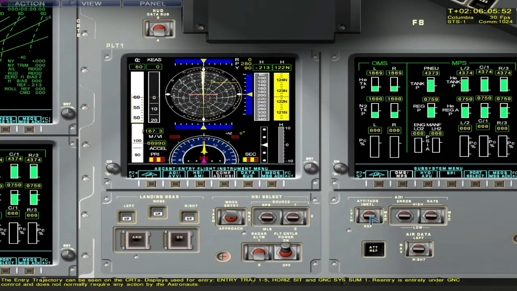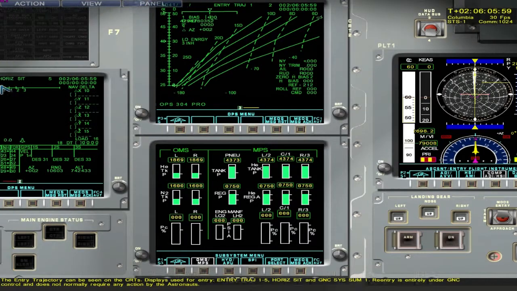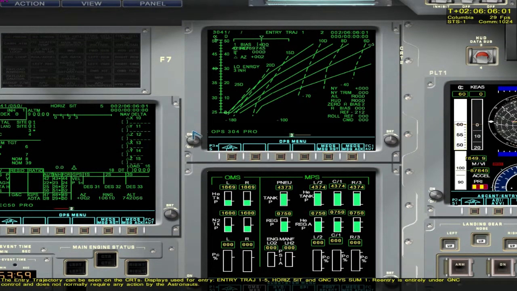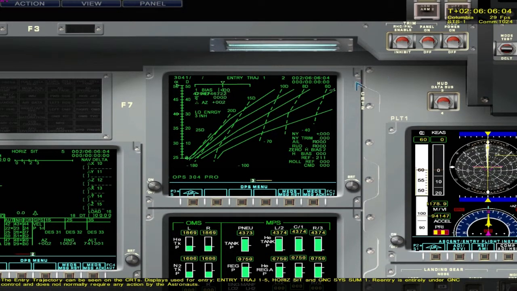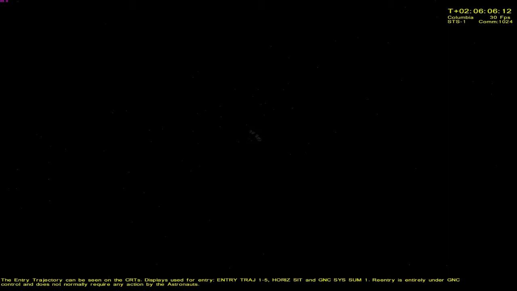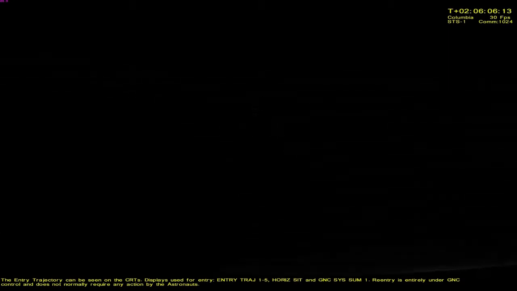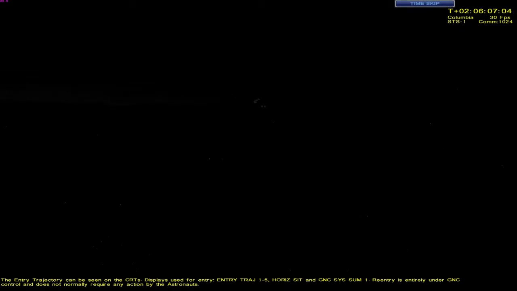Now what? Oh, right. We're now doing entry. So this is the entry trajectory. So let's look at this from the outside. So this is the shuttle, and it's gonna enter like this, and we need to keep it in this. Okay, it's dark, of course. Where's the Earth? Oh, there it is. Okay, let's skip through this and find the moment where we actually enter